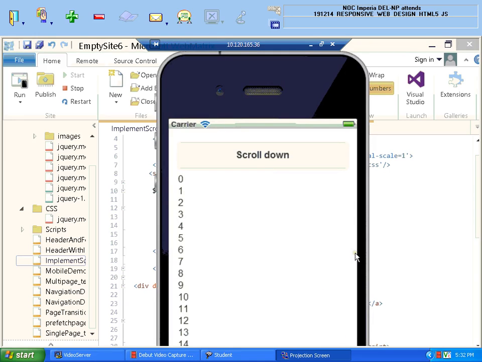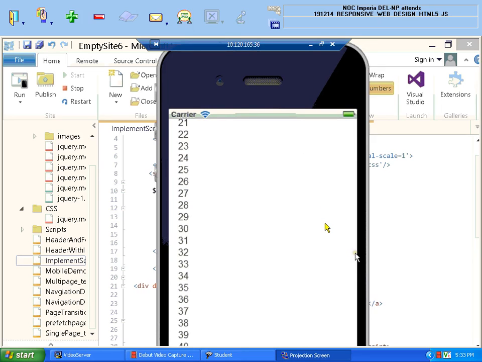So now you can see I try to display this page, and when I clicked on this scroll down button, it did not navigate till the end, till the bottom of my page. You can see it stuck near to 40, and